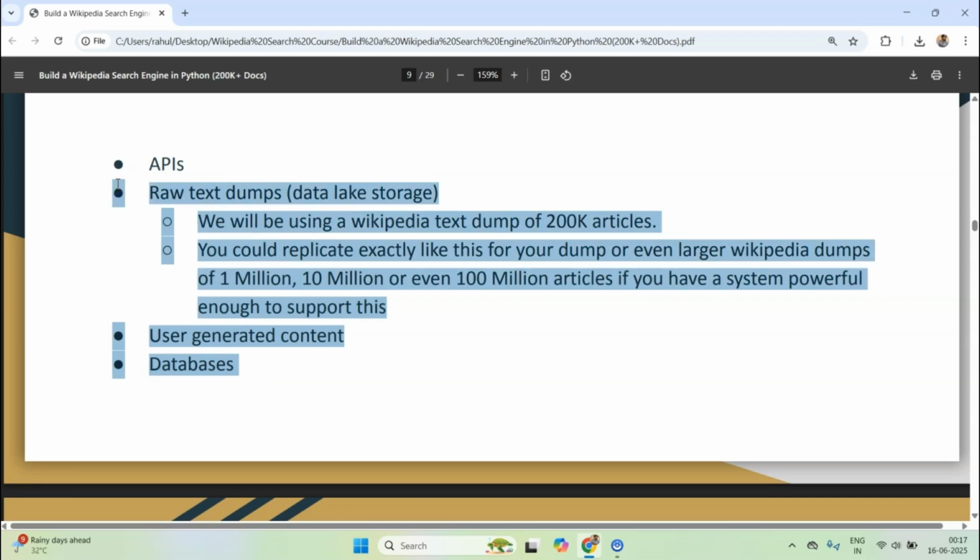So what we will use in this course? In this course, we are using a clean, ready to use dump of 200k Wikipedia articles from Hugging Face, which we are going to see in the next video how we can get access to. This lets us focus more on building the actual search engine and less on data cleanup. But keep in mind, the steps we follow will work with your own data as well. So whether your documents come from a database, a CSV, an API, or even scraped content, the pipeline stays mostly the same. Pre-process, index, search. In the next video, we will download our Wikipedia data and get started.